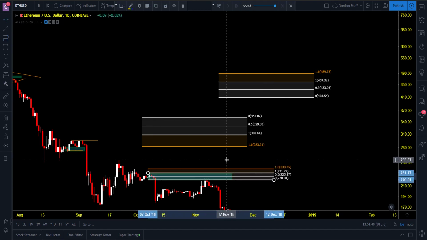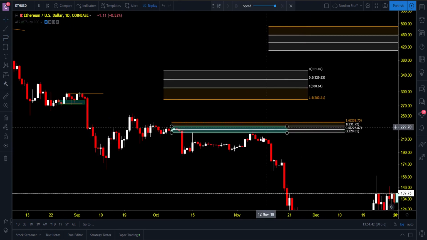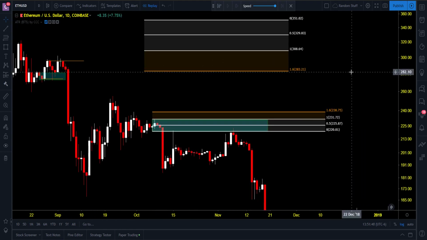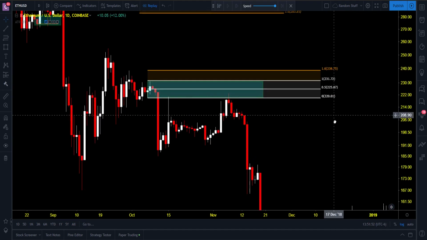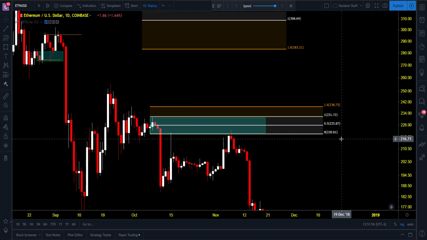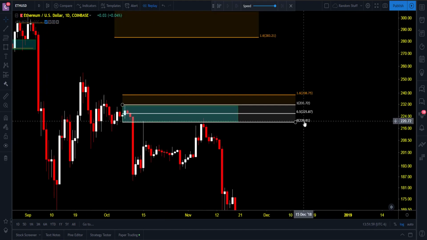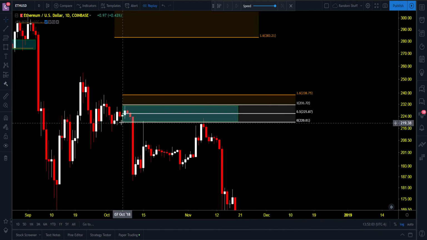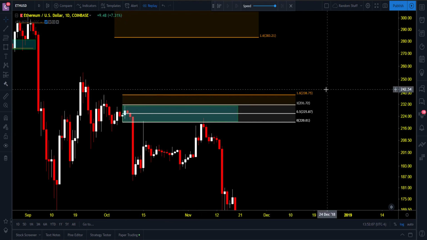This is how I mark my orders. So if you see, if I draw out all my order blocks as green boxes, and then if I'm placing orders, I stick one of these on it to show me the values that I need. So from here to here is my shorts, and then it also prints out the prices at these targets. So the bottom of the order block, the middle, and the high,